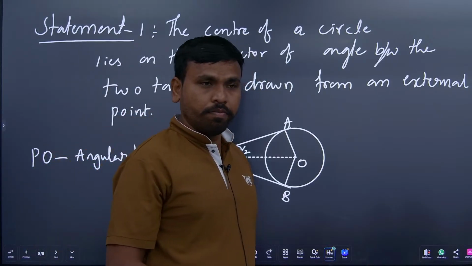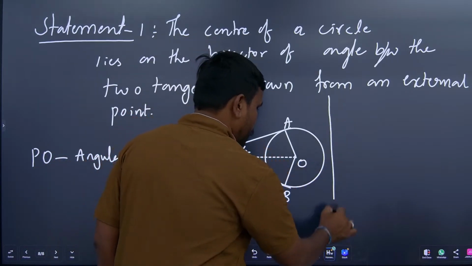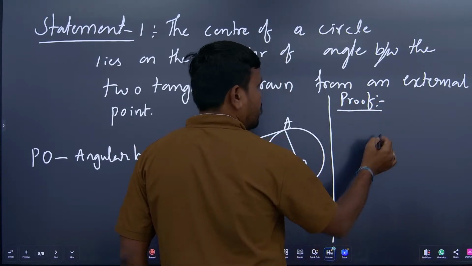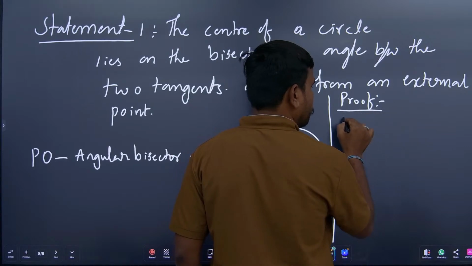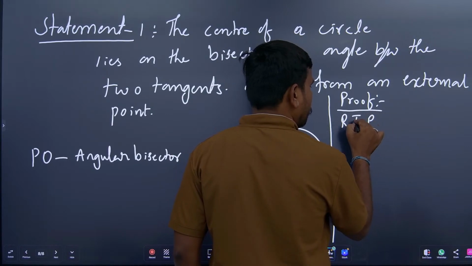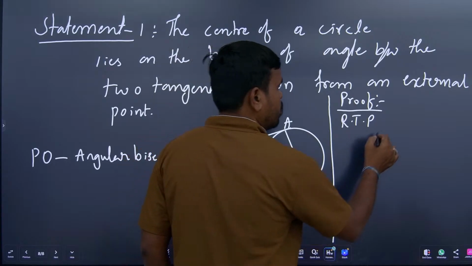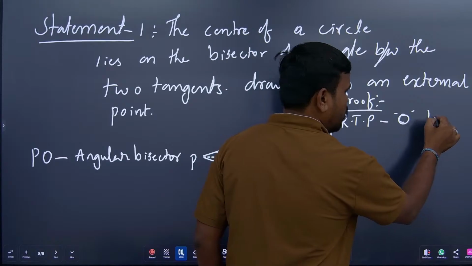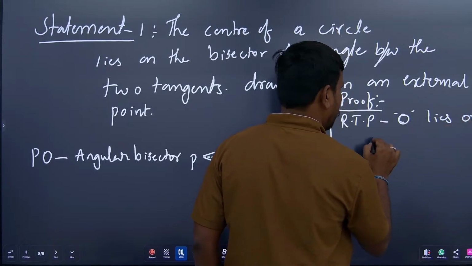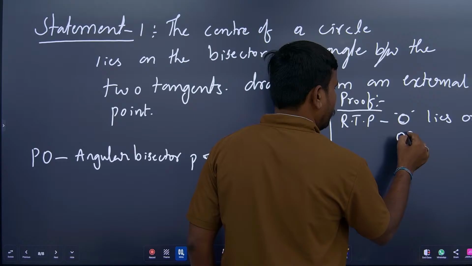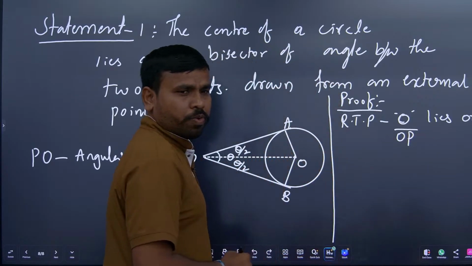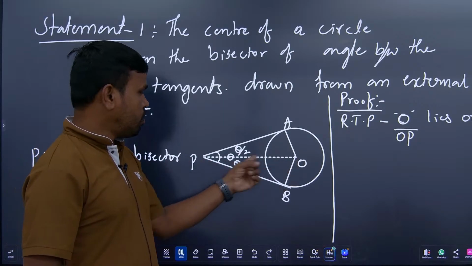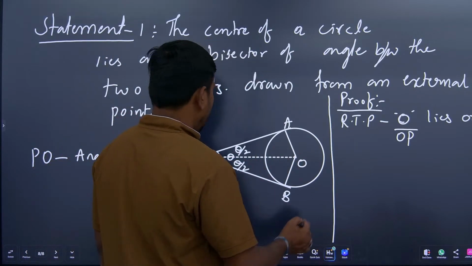How can we prove it? Okay, let's do the proof. What is the RTP? RTP: point O lies on OP. Point O is what? Center of the circle, lies on OP. Okay. Consider